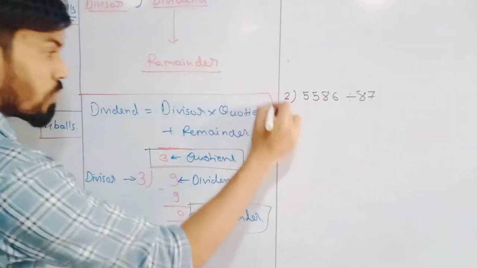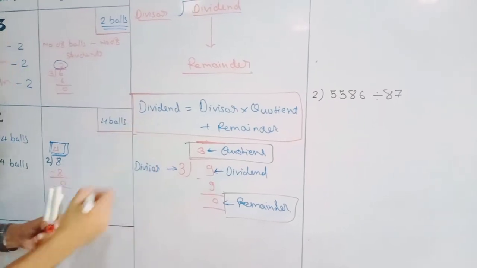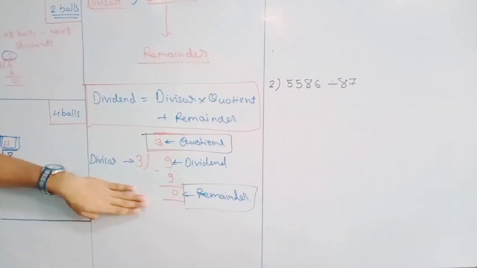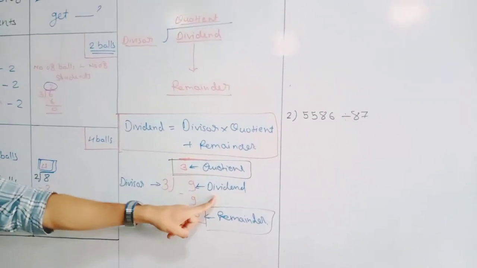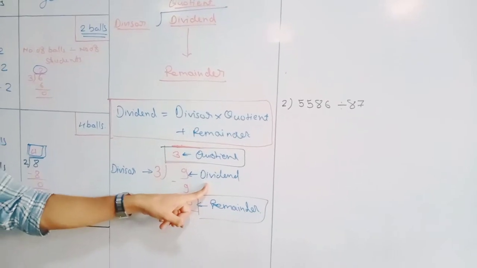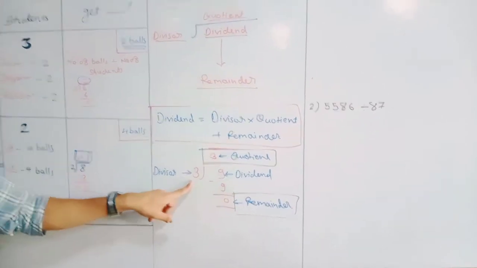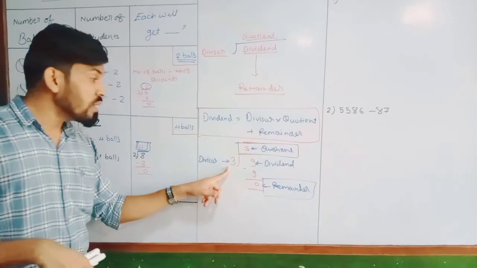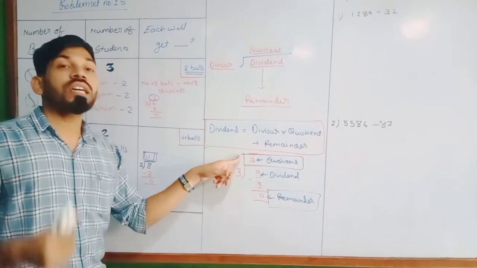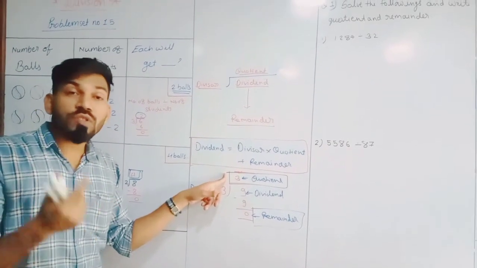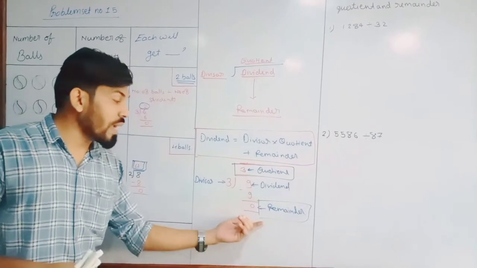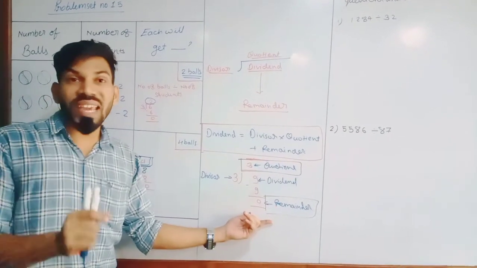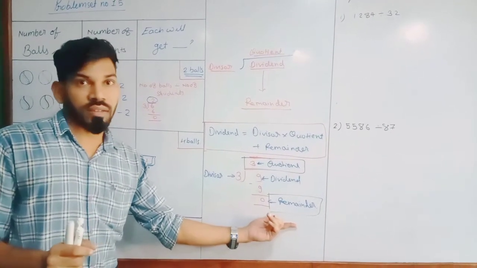So that is most important to learn, and this is the way we have to do the divisions. The number which we are dividing is the dividend, the number by which we are dividing is the divisor, the numbers we get while reading the table are the quotients, and at the last, whatever remains is the remainder.